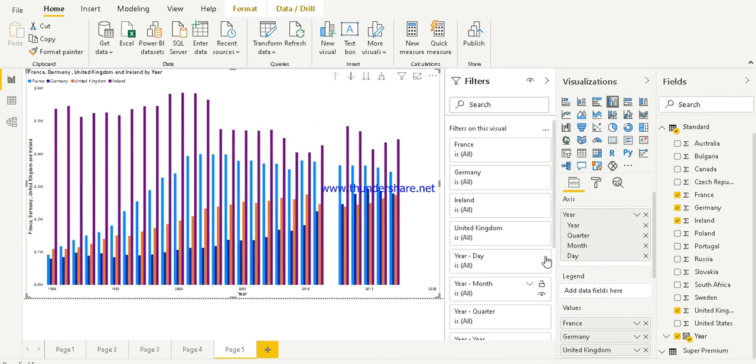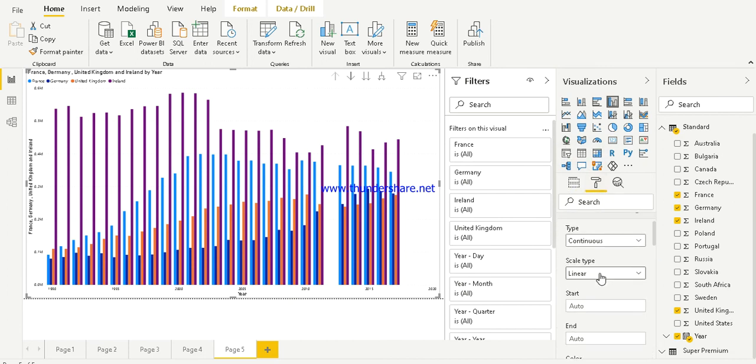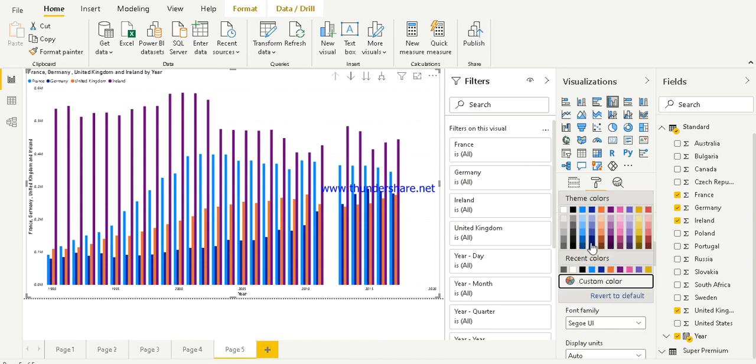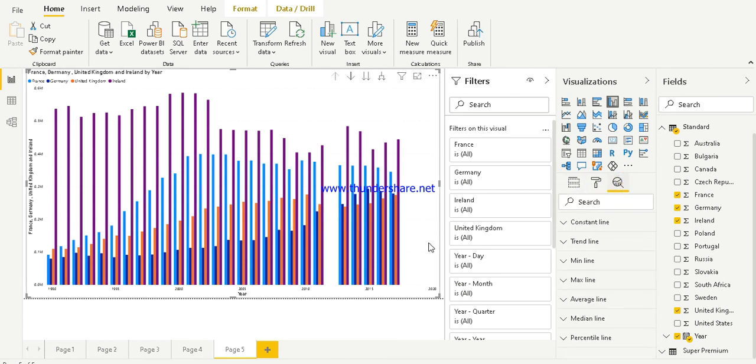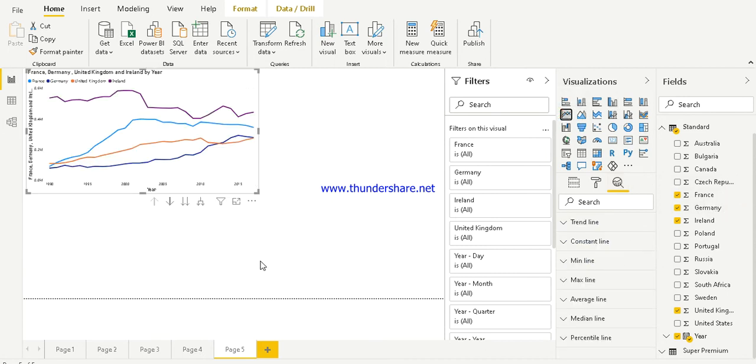It's the color difference, it's a little bit x-axis, type continuous, type linear, no. Anyway, let's begin. Okay, now where is it? Okay, yeah, let's not use this graph, we'll use this one. So yes, now